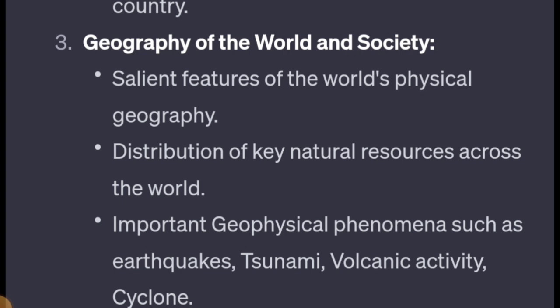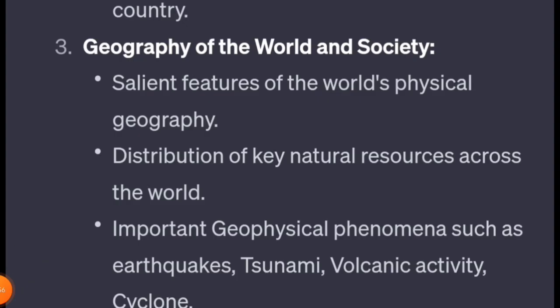You can refer to the atlas also, and for geography you also have to keep an eye on current affairs. So for the geography of the world and society, you have to refer to the atlas and keep an eye on current affairs, so that if there is a current event of importance, like a volcanic eruption or an earthquake or a tsunami or a cyclone,